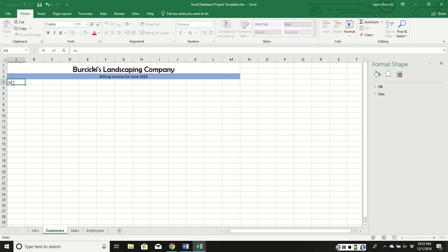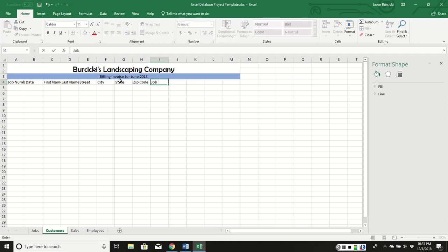So you'll include your job number in cell A4 right here, job number, tab over, and type date for the date the job was done, their first name, their last name, their street, city, state, zip code, street, city, state, zip code,